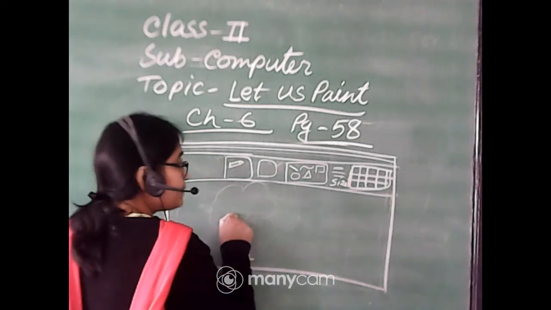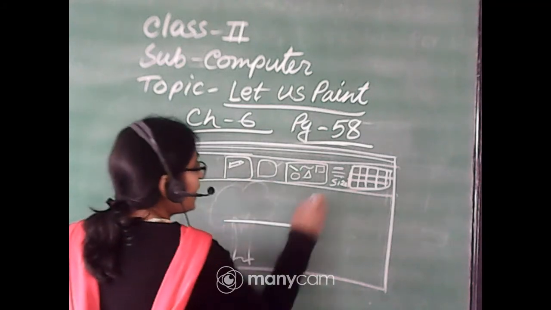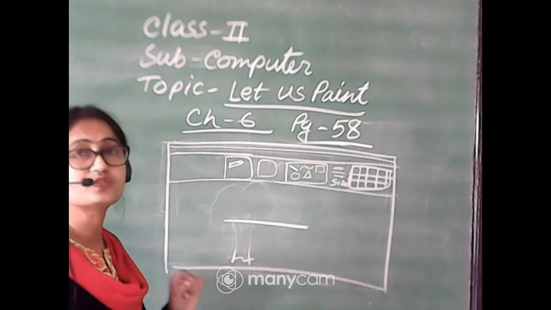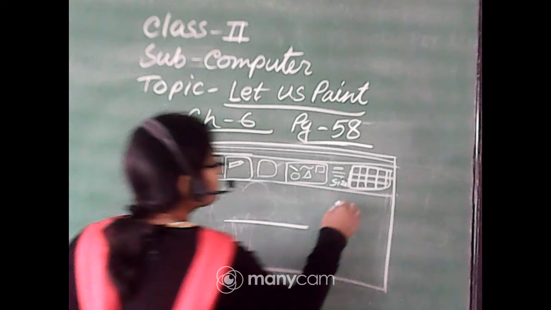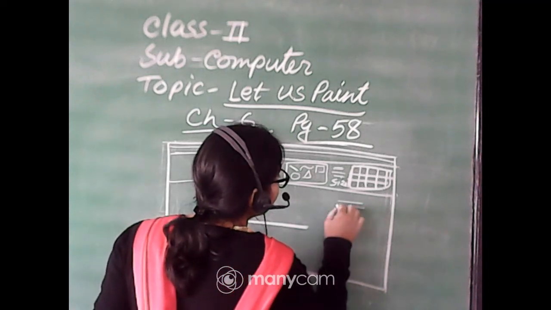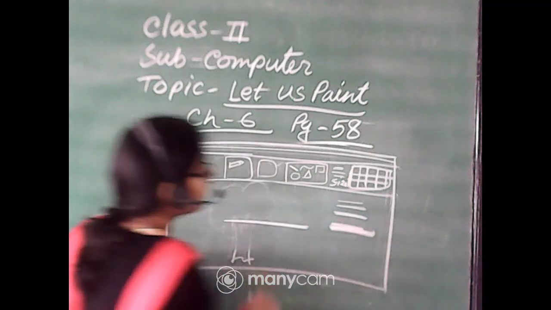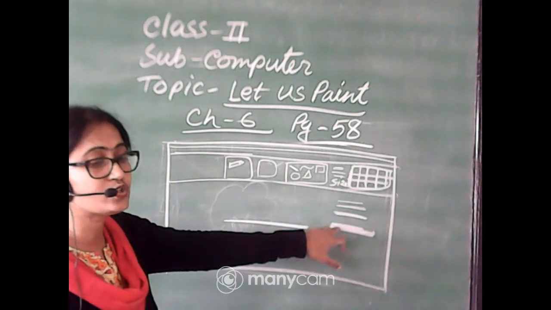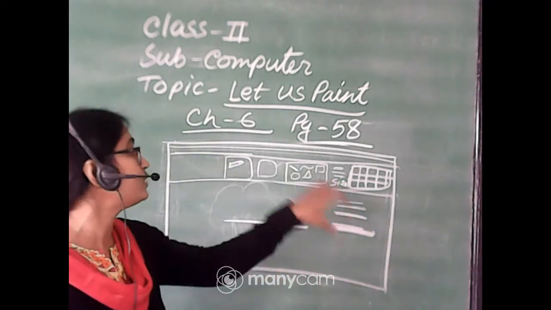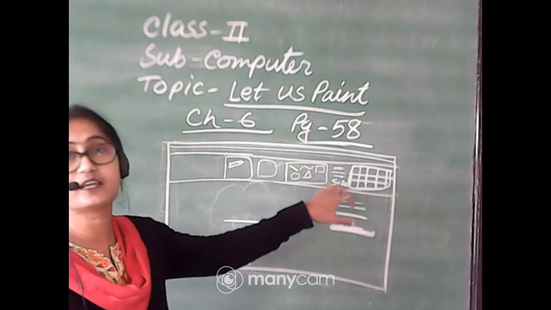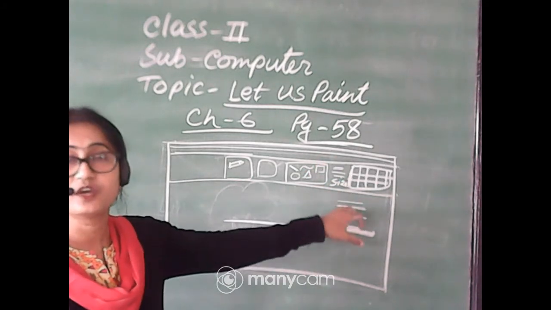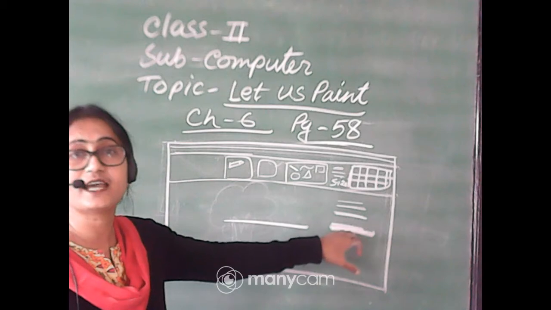Then press the left mouse button and drag it, and from the size button you can choose the thickness of the line. Suppose a very thin line, this type of line and this type of line. From the size button you can choose the thickness of the line. When you click it, different thickness lines will be present, and whichever one you require, you just select it